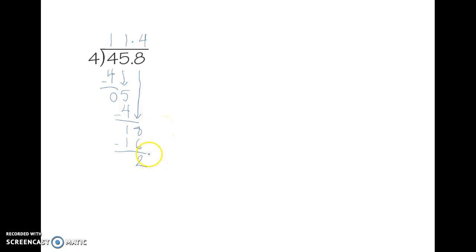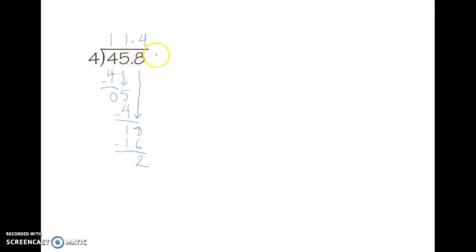Now we have 2 left over. But if you remember yesterday, I said we can't have a decimal and a remainder in the same number. That wouldn't make sense to say our answer is 11.4 with a remainder of 2. Remainder 2? 2 what? We've already got 11 and 4/10. Is that 2 hundredths? It's hard to tell. It's not those things. But we can use the power of decimal numbers to keep going with this problem, to keep solving. And the trick is that